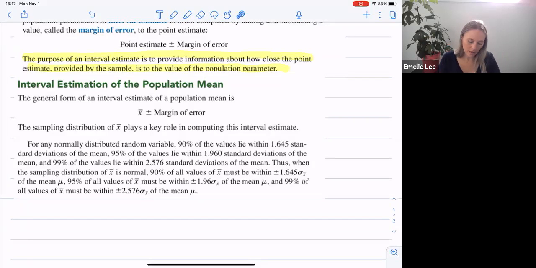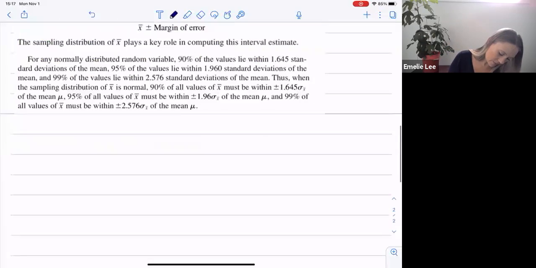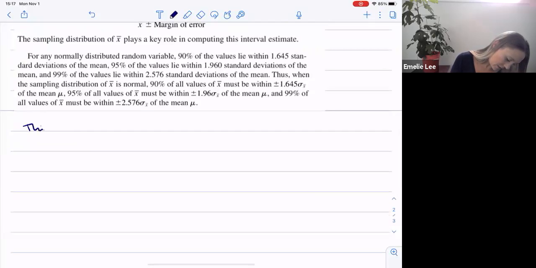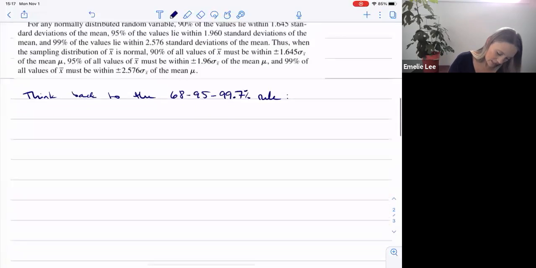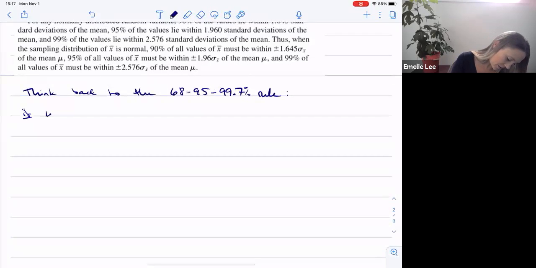So think back to the 68, 95, 99.7 percent rule. Okay, so what that says is that if we have a normal distribution,